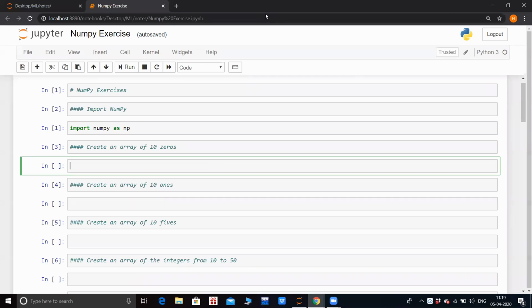Please mute yourself. You can refer to the notes if you want to. I can understand it's the first time that you are trying NumPy. It's okay.